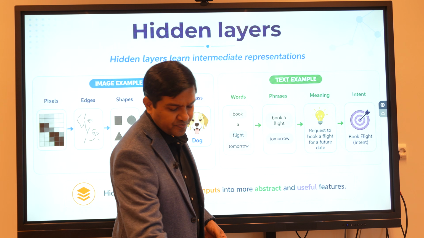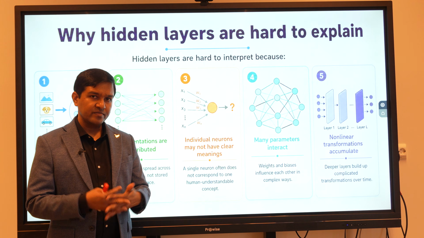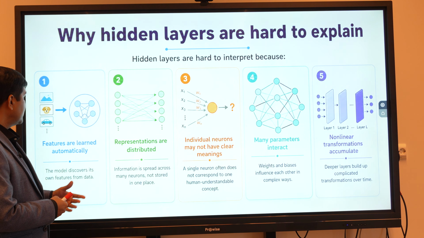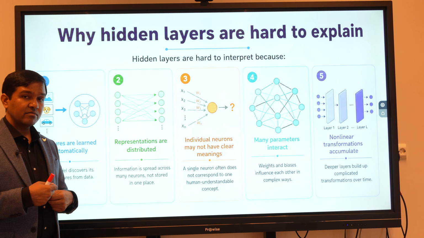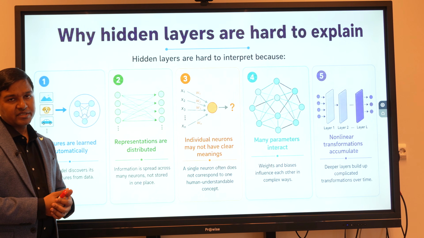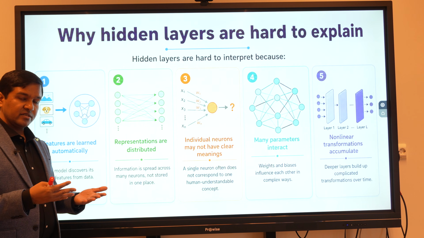Now, why did hidden layers become hard to explain? The simple reason is that initially we were making handcrafted features, so we had control over what features we were passing, but now deep learning is learning its own features.